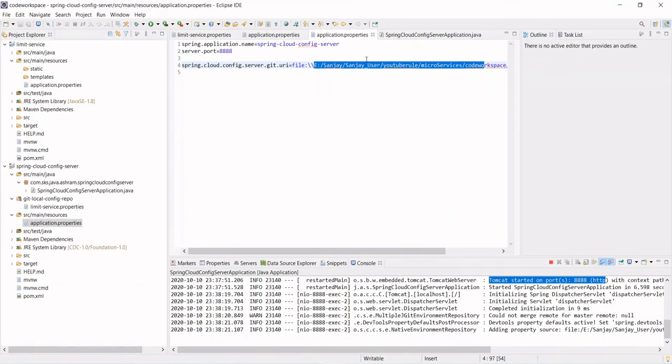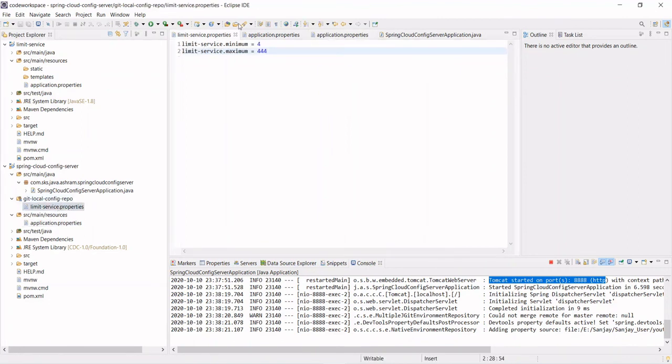So see, this is how the output is coming. It's not a proper JSON output, but if you see, it's giving all the output that you will require. Okay, so the minimum limit is 4 and the maximum limit is 444. So this is how you had configured here. If you see the application properties, where it is limit-service.properties and local key, then 4 and 444 have come here.